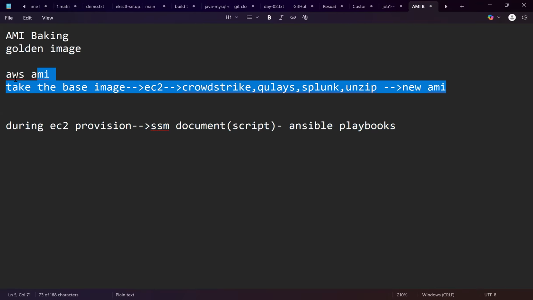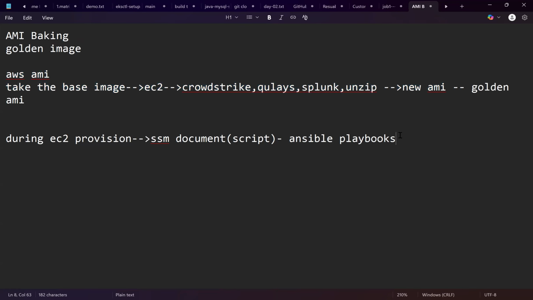We do something similar during AMI baking. This we call the golden AMI, and this other process we call the non-golden AMI process. So the ultimate goal is to have the VM ready with all the prerequisite software. Either you create an AMI during the AMI baking process,